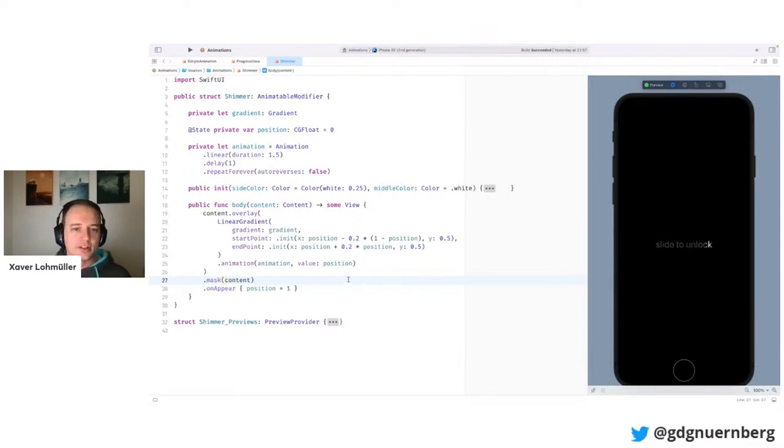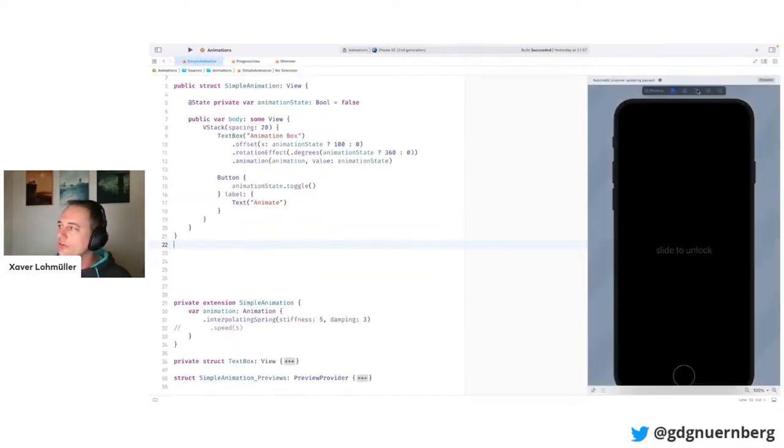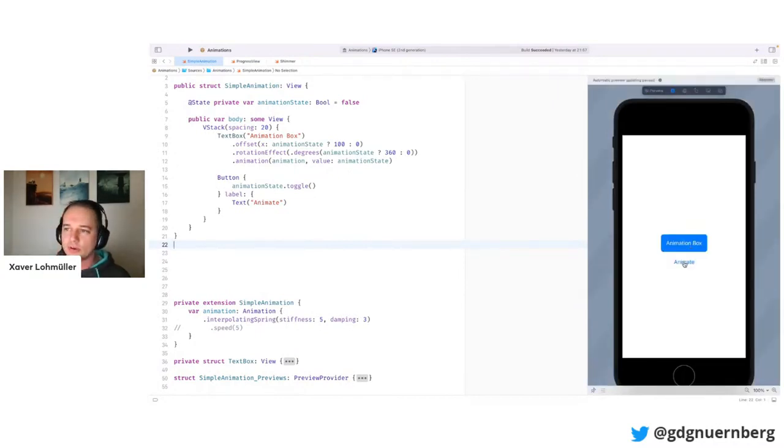And one important piece that Maya mentioned that I haven't so far: every animation sort of has to have a starting point. So here it was easy to see that the animation would start when I do the button tap. So this button tap sets the animation in motion and starts things.